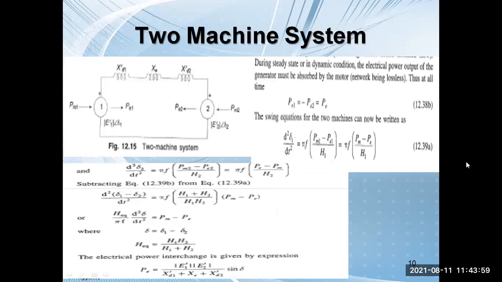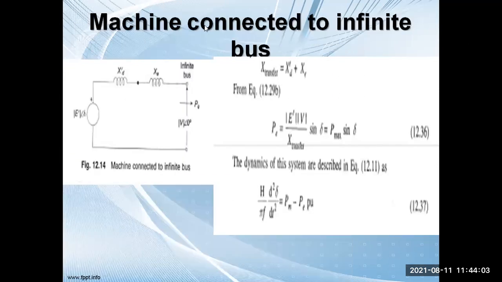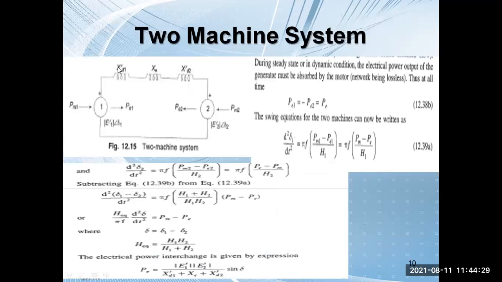Now this equation you see here. This is basically when we are having, let us say, a single machine, a single generator, when it is connected to the infinite bus. So the swing equation, if you have to apply, then it is H by pi F into d2 delta by dt square equal to Pm minus P. Because P we have calculated, and Pm is your mechanical power input, that will be your known value, that is known to you.